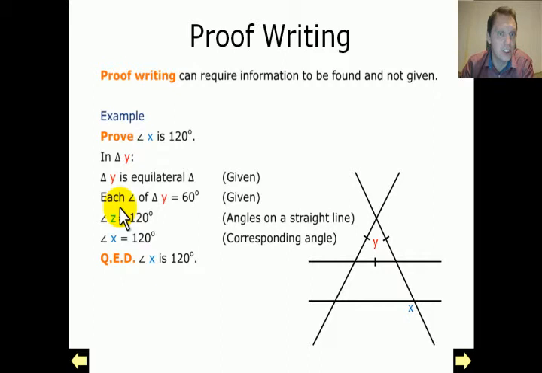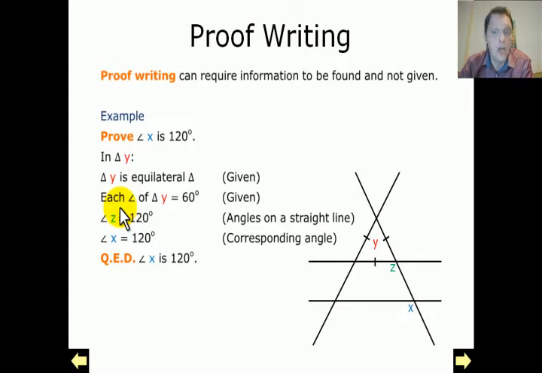Or you could state angles in the triangle equal 180, so 180 degrees divided by 3 would give me 60 degrees. Next, I've stated that my angle Z here, I've added this Z in here just to say that I'm going to talk about this angle, must be 120 degrees, because right here we've got a straight line, and all angles on a straight line equal 180 degrees. So if we take 60 away from the 180, we'll be left with this angle Z,